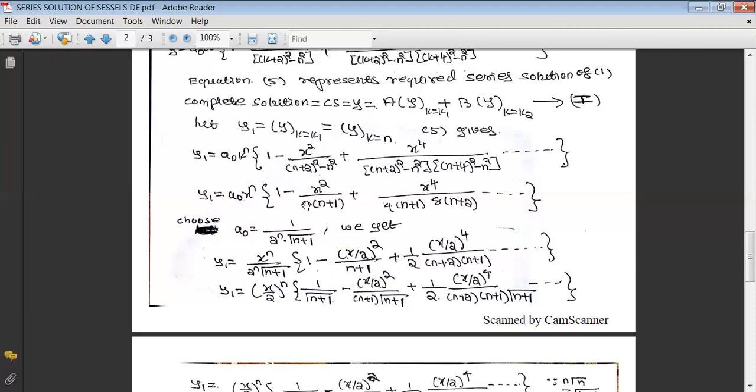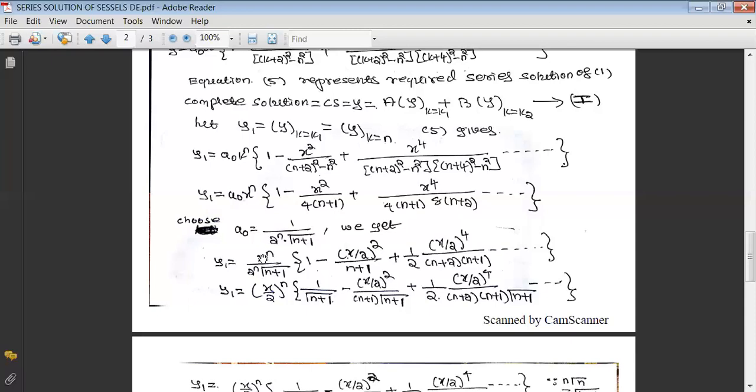Now see here, this is x square by 4. X square by 4 can be written as (x by 2) whole square, and this n plus 1 as it is. Then plus, and see here, it is 4 into 8. Actually, it is 32. 32 can be written as 16 into 2. That 2 I have written here. 16 can be combined with this x raised to 4 as (x by 2) raised to 4. And remaining is n plus 2 into n plus 1, and so on.